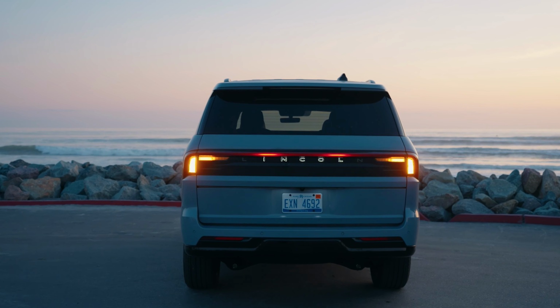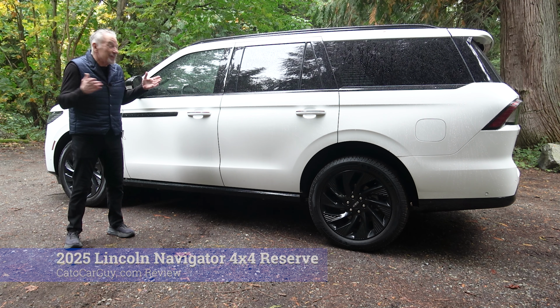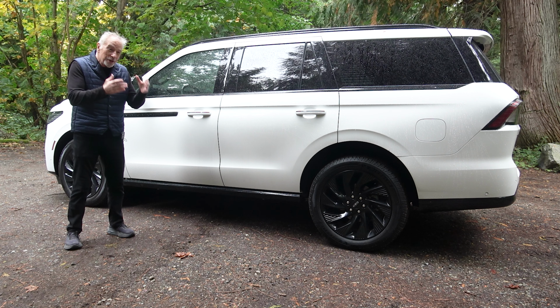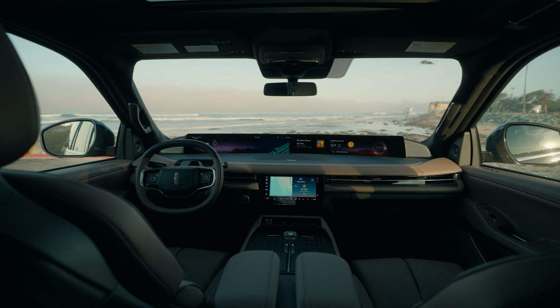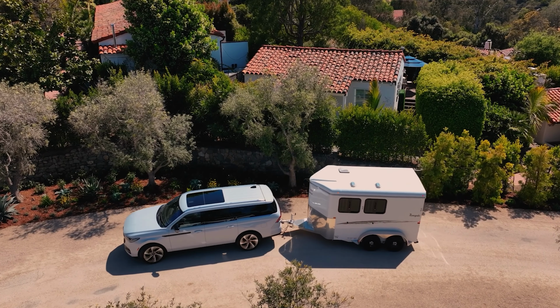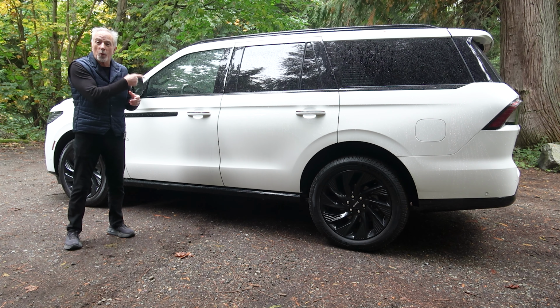Yes, the Lincoln Navigator right here is a bit of a dinosaur, and it's about as big as a Tyrannosaurus Rex, but it is an interesting rig because it has an appealing design, plenty of interesting technology, and it's a striking combination of power, efficiency, and capability, but at a price. And as you see here, that price is more than